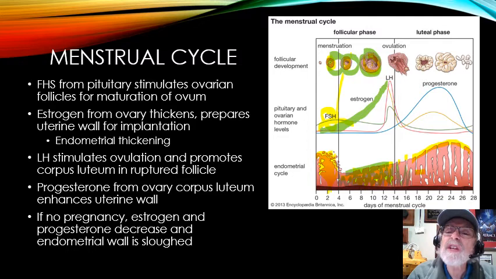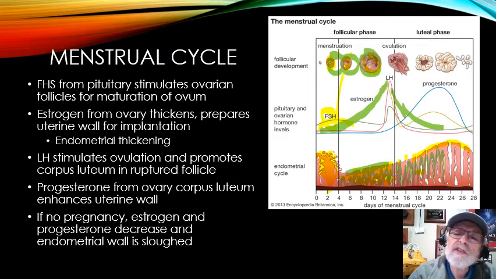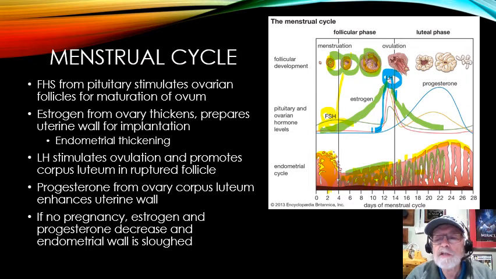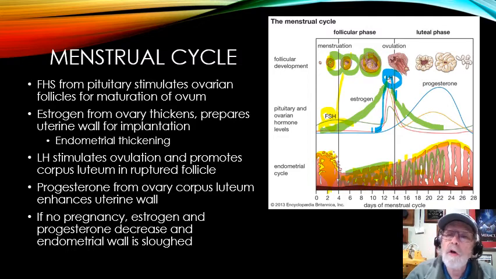So the estrogen continues on, it tapers off a little bit near the end, but it's still there, making the wall thicker. In the middle of the cycle, we have this big rise of a hormone called LH, luteinizing hormone. That's called the LH surge, and that LH surge right in the middle of the cycle is what actually stimulates ovulation to occur, and that ovum is expelled through the wall of the ovary.